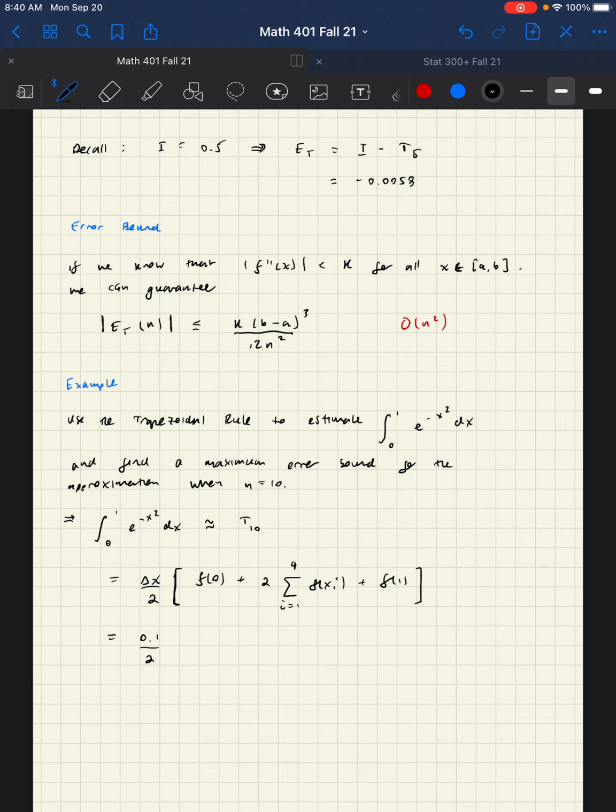We're going to skip all the excruciating details. You can use any calculator that you have available to you. The 0.1 divided by 2